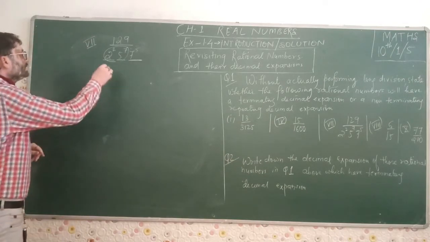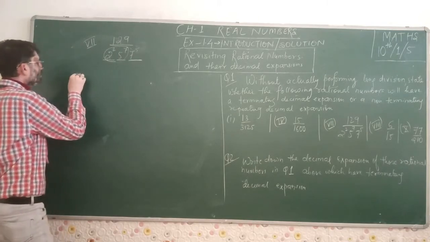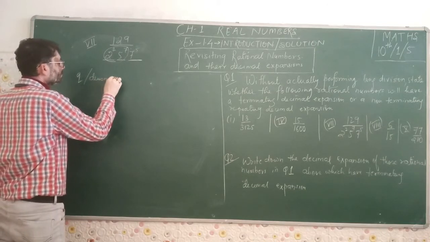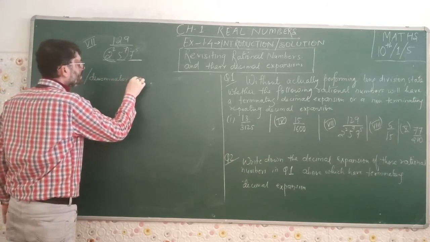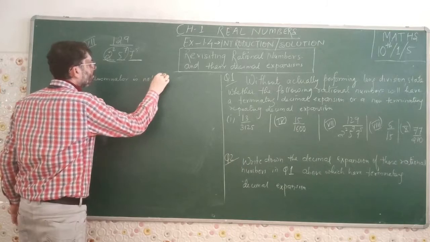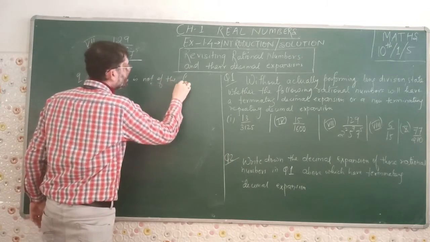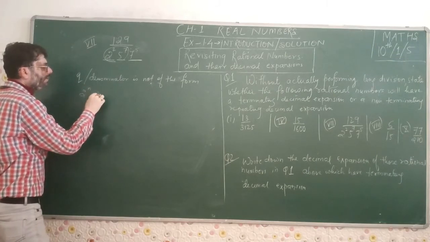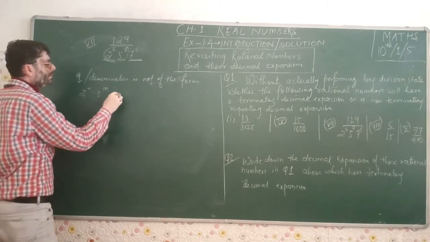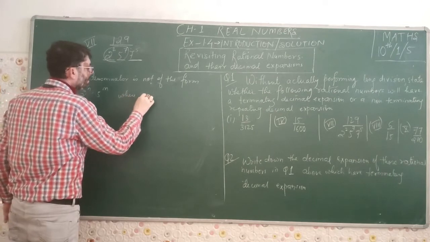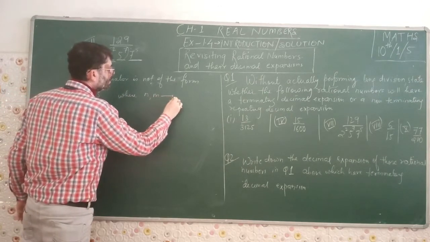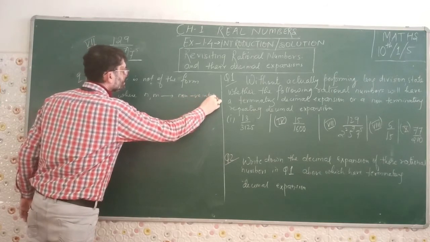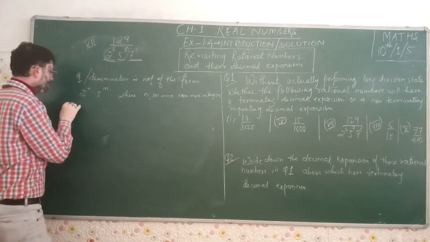Here, observing the q part, if q or the denominator is not of the form 2 to the power n, 5 to the power m, where n and m are both non-negative integers, then the decimal expansion